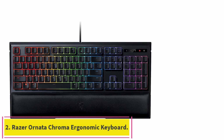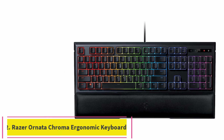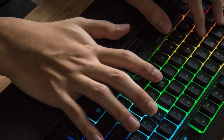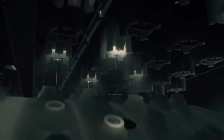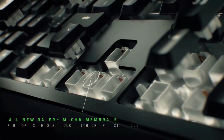Number 2. Razer Ornata Chroma Ergonomic Keyboard. This mecha-membrane ergonomic keyboard features RGB backlighting and a vast array of programmable features along with anti-ghosting, tactile feedback, and spill-resistant keys. Durability rated for 80 million clicks, cushioned detachable wrist rest, light, yet tactile Cherry MX brown switches